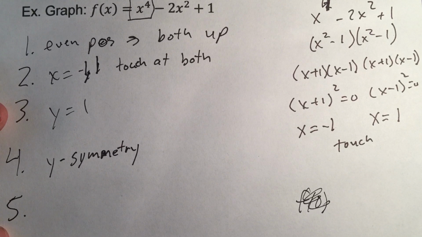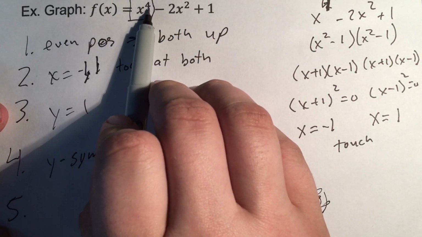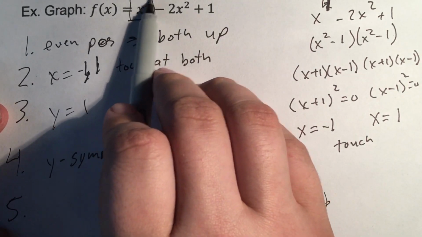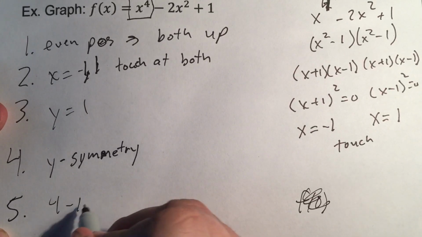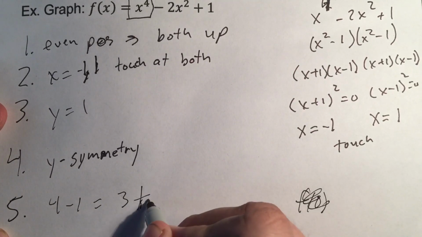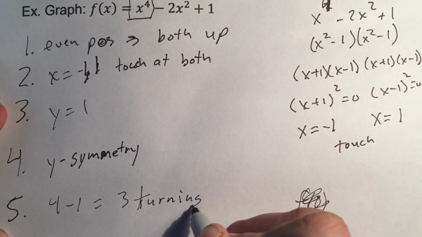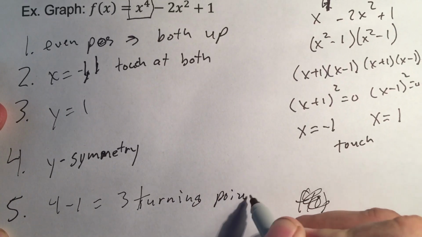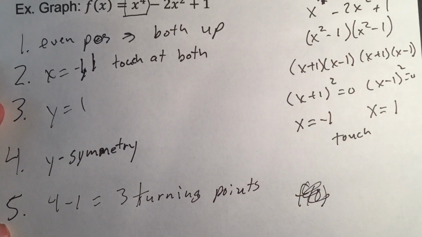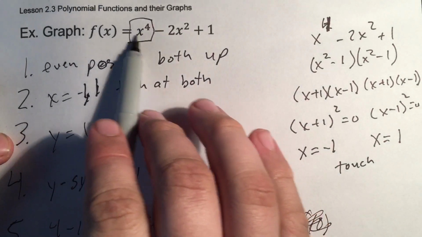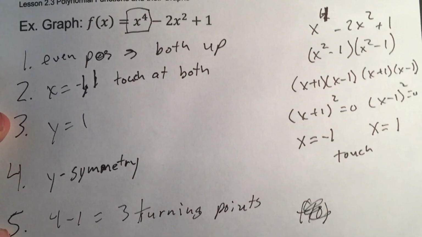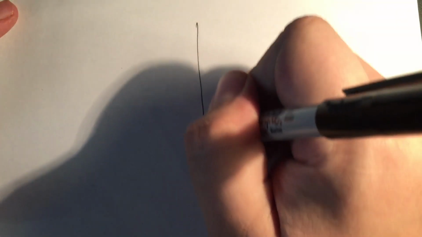Lastly, turning points. Biggest number, biggest exponent is 4, so that's our degree. So we would do 4 minus 1 and get 3 turning points. Okay. So biggest exponent, you're going to subtract 1, and that's going to be how many turning points it'll have. So if we go to graph this now,